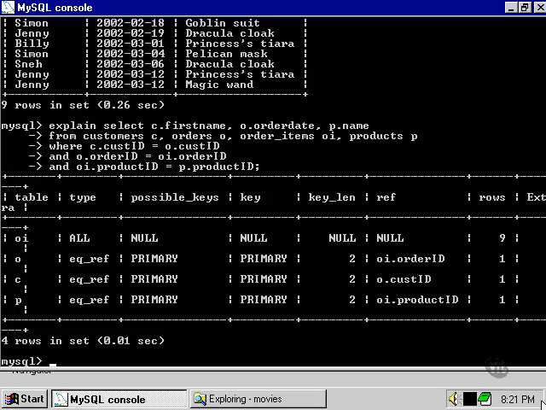All we need to do is use the alter table statement, then give the name of the table, and simply say add index, and we'll tell it which column or columns we wish to add an index to. Let's say we want to add an index to order ID and product ID. That's been done. Now if we repeat our explain statement,